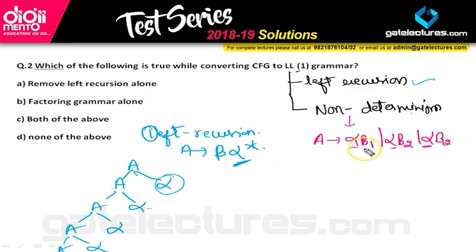Now I don't know which production has to be used, because in the first step, let's say I want to use this one. A is producing first alpha beta1, but when I come to this step, I come to know that no, this is not what I wanted. So I will backtrack here. This is not good. There should not be any non-determinism.